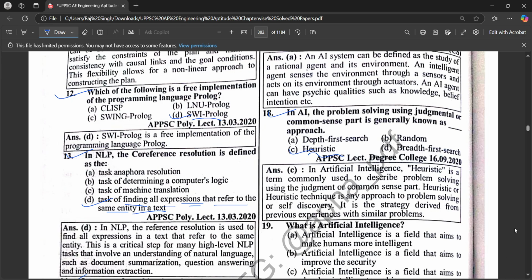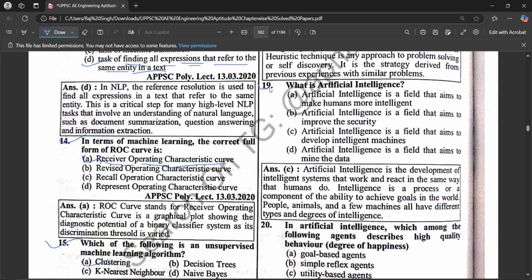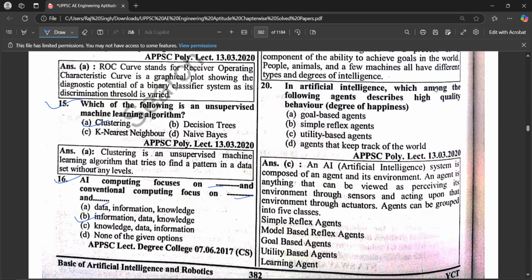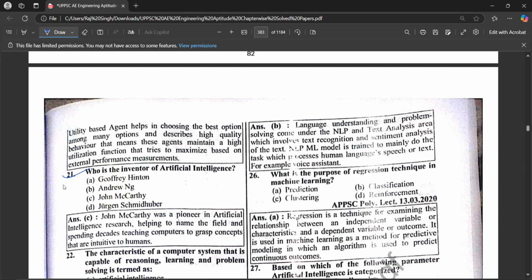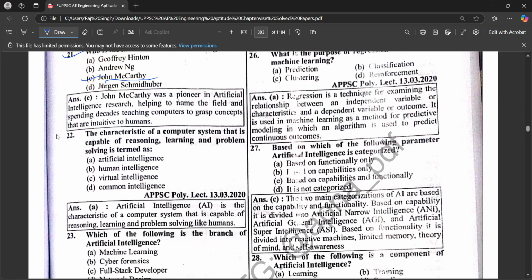What is artificial intelligence? Artificial intelligence is a field that aims to develop intelligent machines. In artificial intelligence, which among the following agents describes high quality behavior, defuse happiness, which is utility based agent? Who is the inventor of artificial intelligence? Which is John McCarthy. The characteristic of a computer system that is capable of reasoning, learning, and problem solving is